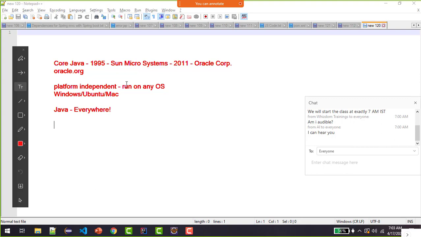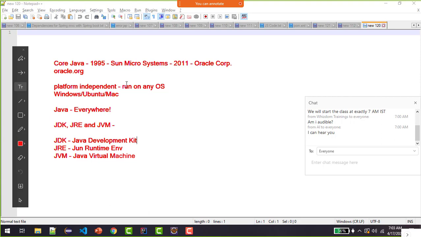Then another question comes about these three terms: JDK, JRE, and JVM. What these three terms are, how are they different from one another, how are they used as part of the Java programming language. See, JDK stands for Java Development Kit. This is just a full form, right? JRE stands for Java Runtime Environment, and JVM stands for Java Virtual Machine. These are just full forms. I'll tell you how exactly they are being used.